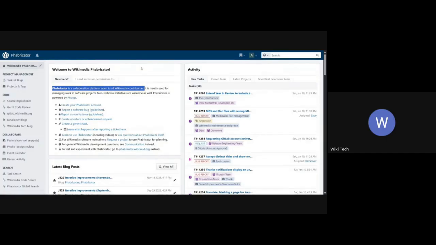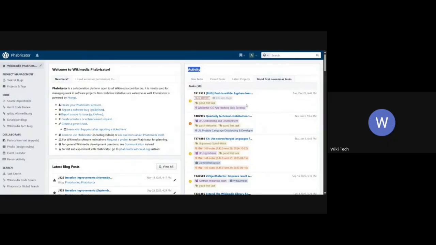Cool. So this is the main Phabricator. You have to log in to a main central account, and then you have to make an account on phabricator.wikimedia.org, and you will land on this page. First is your profile, and you will see a lot of options here. This is the activity section. So you have to come to this good first newcomer task. When you click on this, you will see a lot of